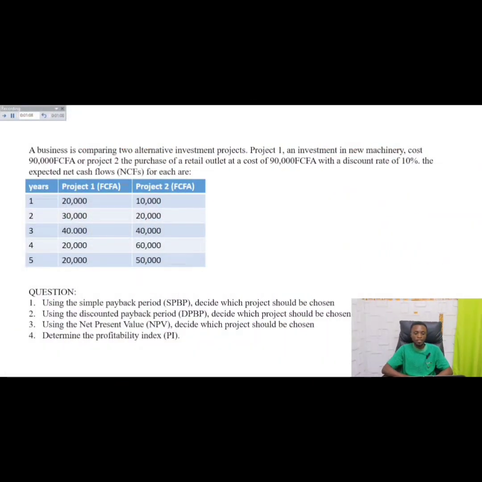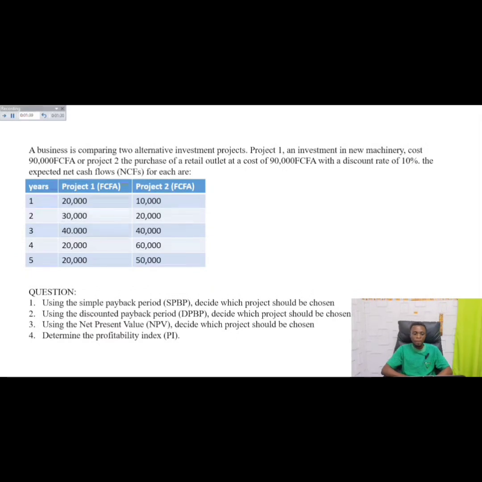We are given an example for us to calculate the simple payback period. The example goes thus: a business is comparing two alternative investment projects. Project 1, an investment in new machineries, costs 90,000 francs, or Project 2, the purchase of a retail outlet at a cost of 90,000 francs, with a discount